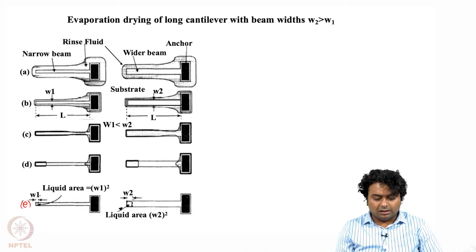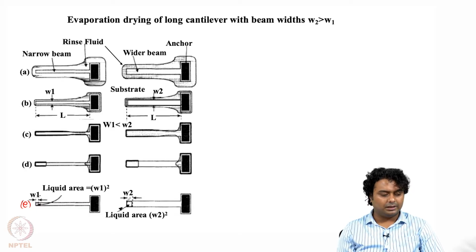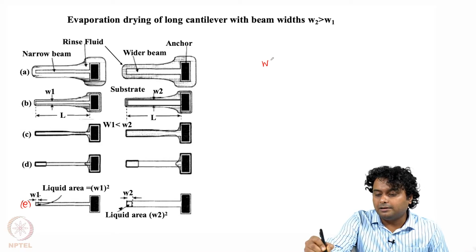And as you can see here, how much will be the area of the droplet also depends on the width, because this is ultimately width squared. So W1 squared or W2 squared. Usually the droplet starts to form in a spherical shape, and then it will try to take the shape of the cantilever symmetrically. So it will be almost like a square shape, and then it will depend on the width of the cantilever how much the contact area will be, and the adhesion force is also dependent on that contact area. So, while drying,